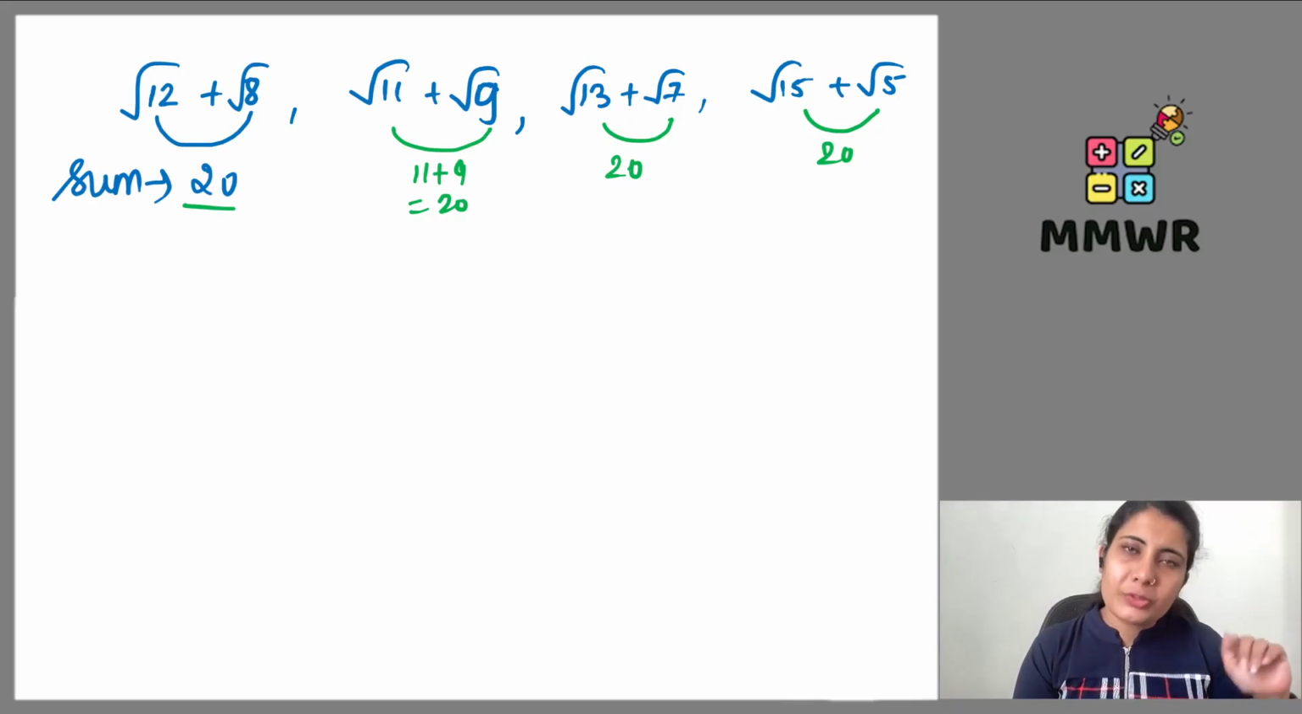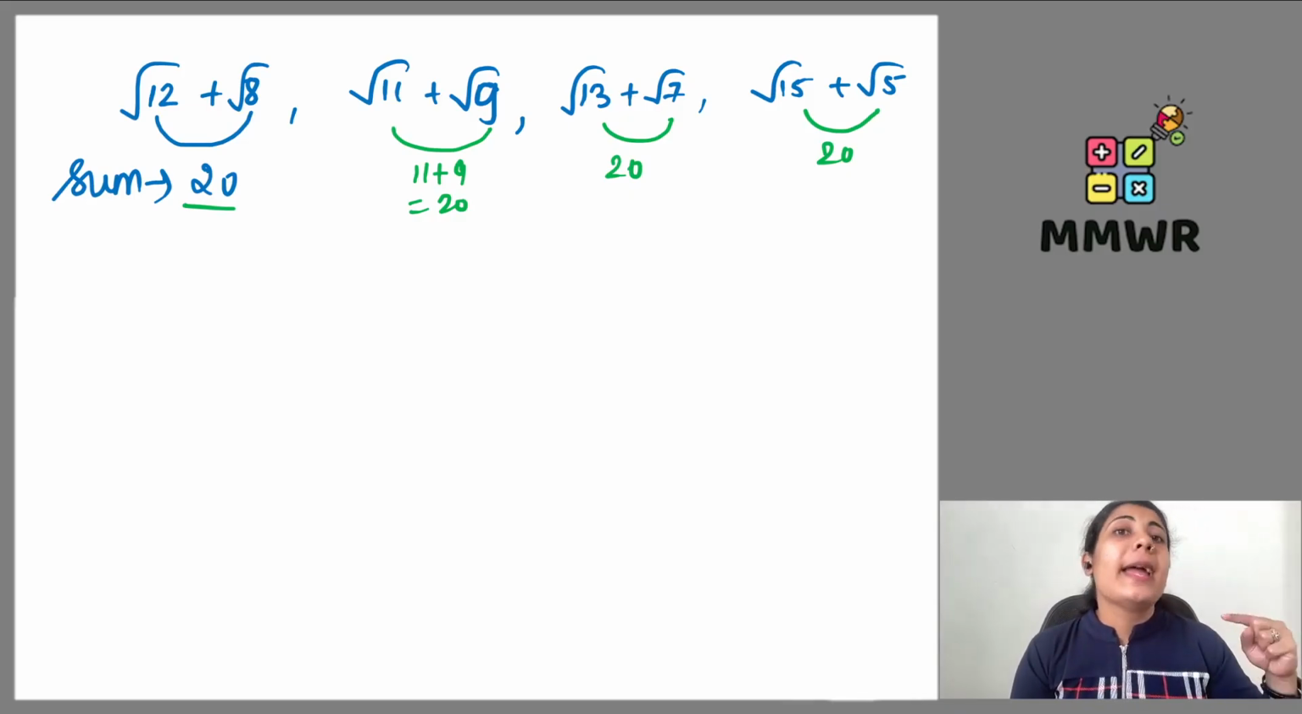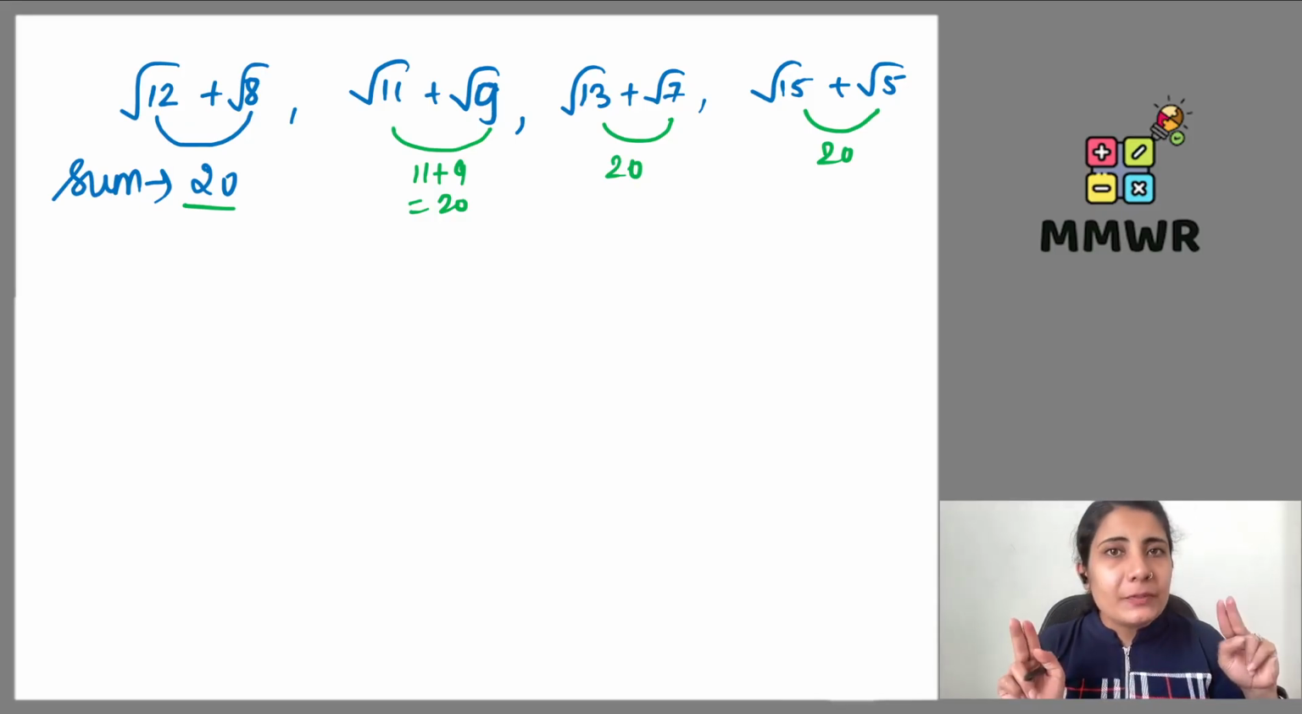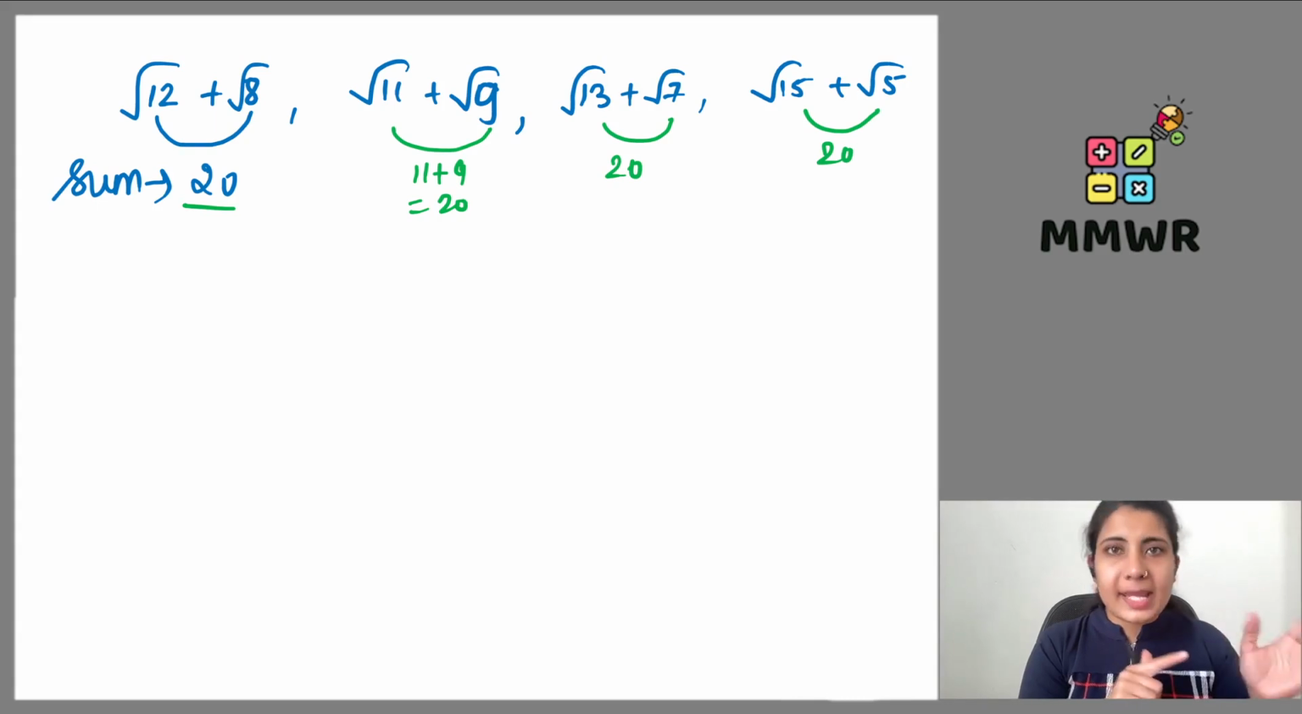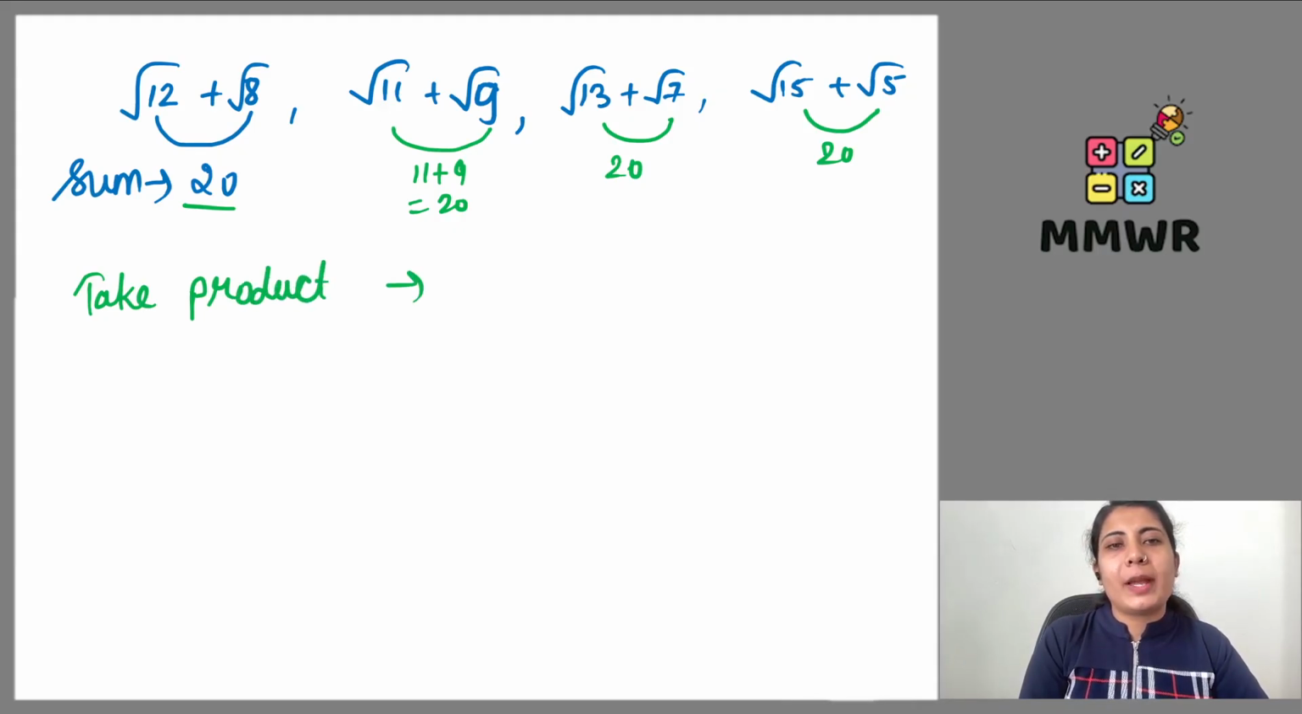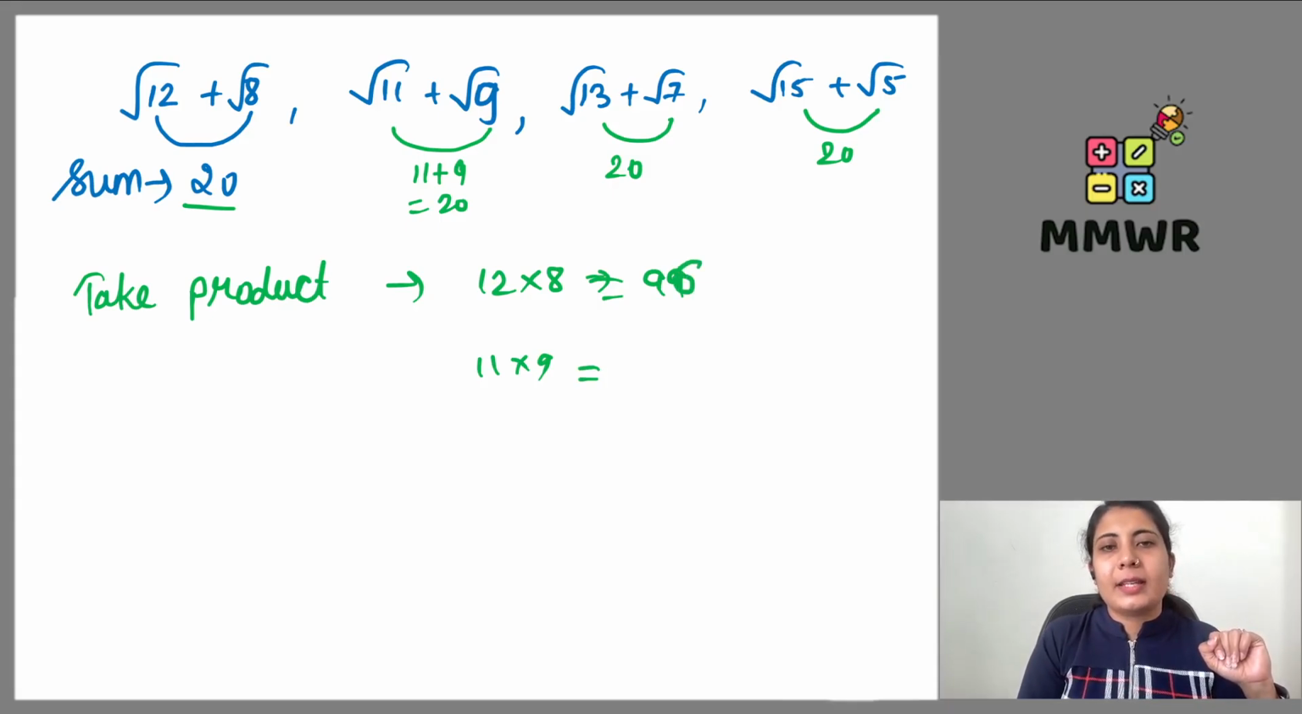So whenever there is this type of problem in which you have to compare root values, and they are separated by an addition sign, and specifically they give us the same sum everywhere, then in that case you simply have to take the product. Take the product. So if I take the product of 12 and 8, that is 12 times 8, 96. Then 11 multiply 9 gives me 99. Then 13 sevens are 91. 15 fives are